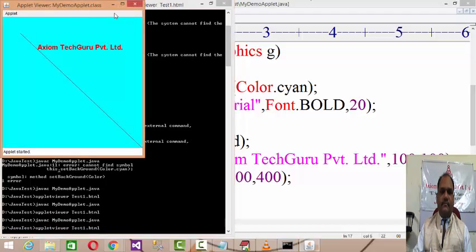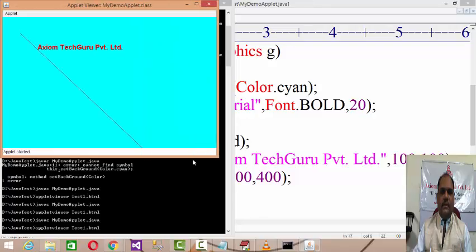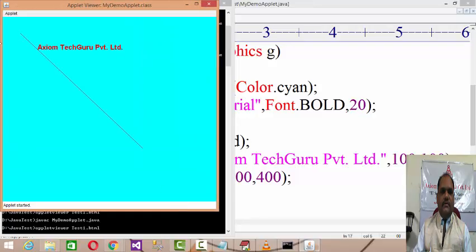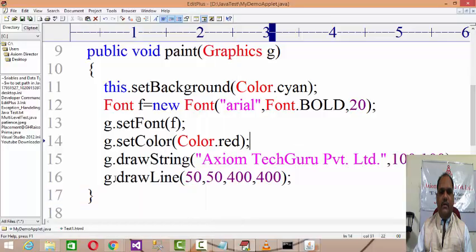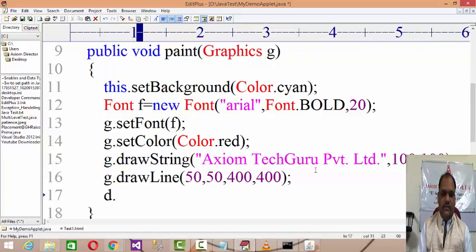Okay, here it is. Alright. So here the 50, 50, and it's 400, 400. So in this manner, drawLine, drawRect, g dot drawRect is a method to draw the rectangle over there.